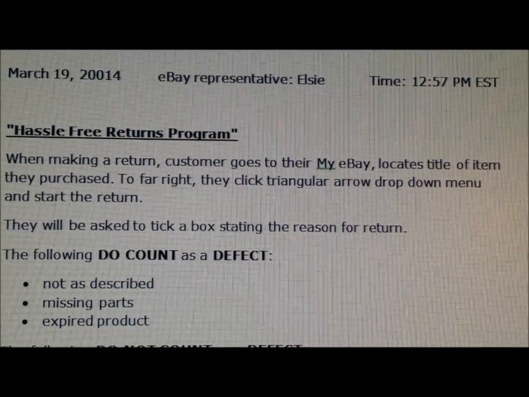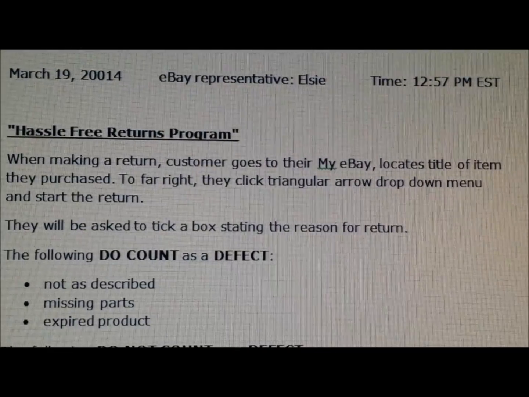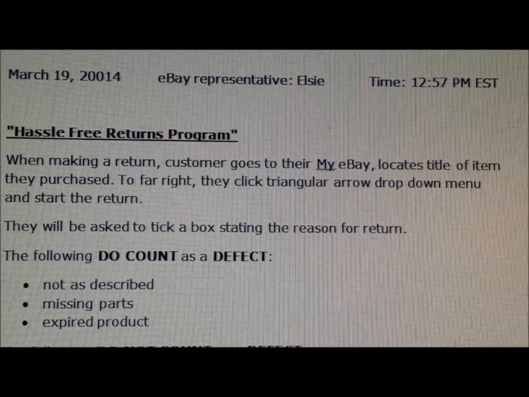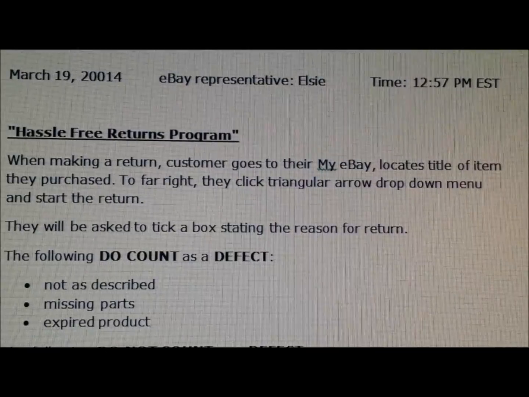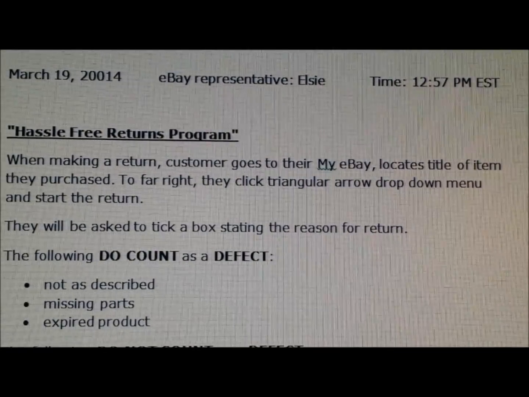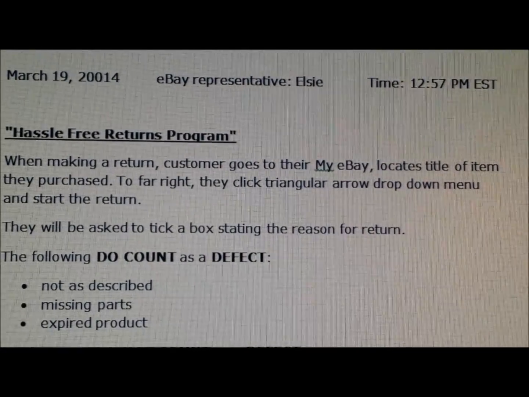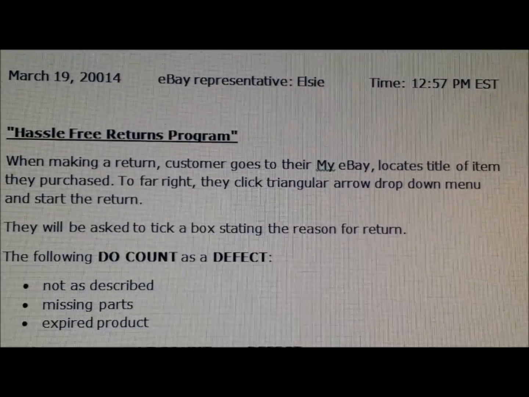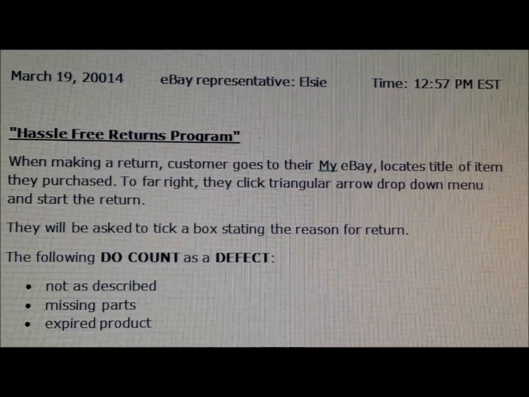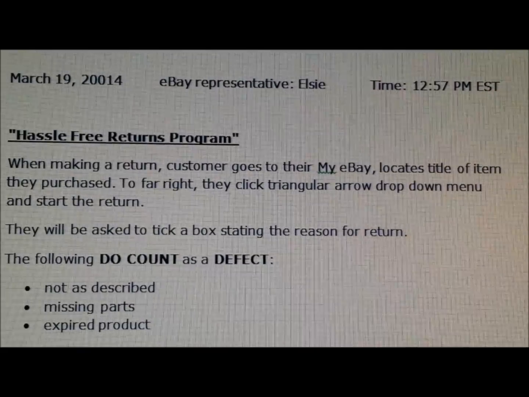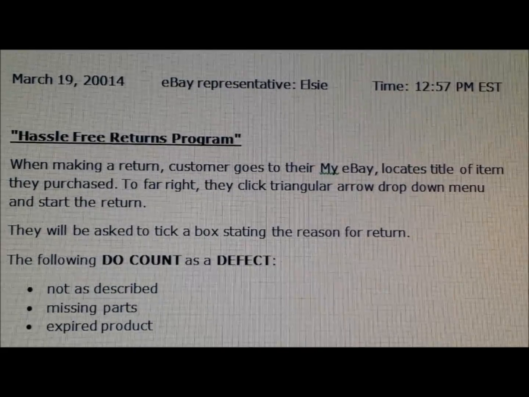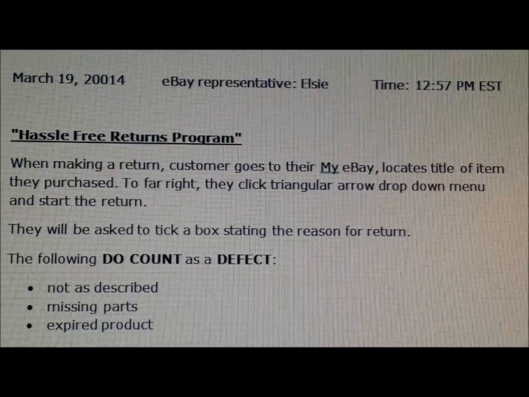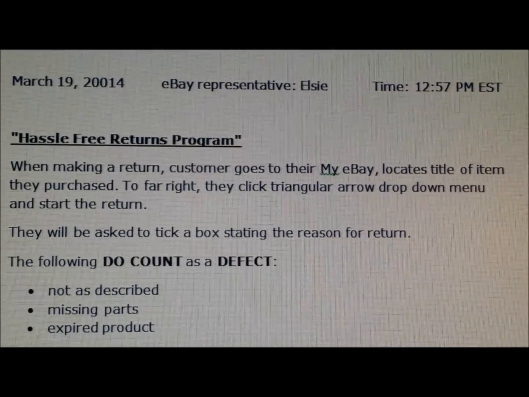Now I'm not saying that it's going to become mandatory, but he's right. I've been on eBay long enough to know that sometimes some things become mandatory, or they make it so that it really benefits you to do it, or they give you some sort of perk. And I can honestly say, so far, it has really helped cut down on BS returns, for lack of a better way to say it.